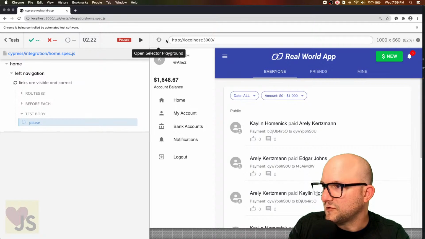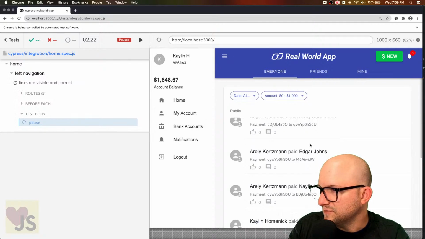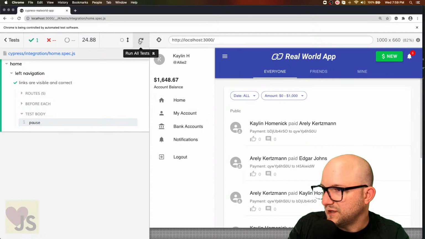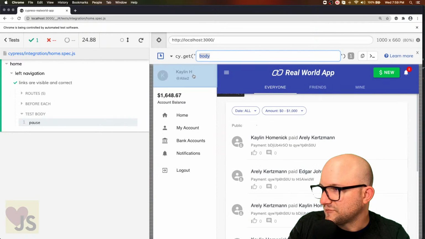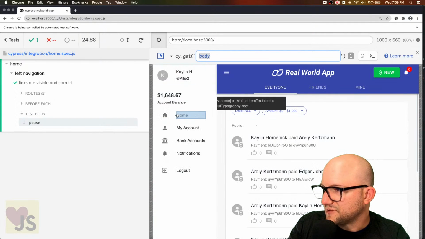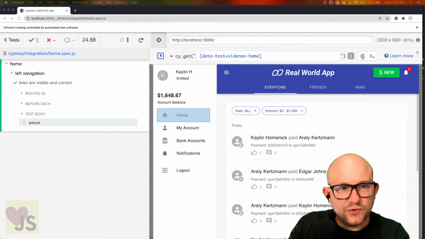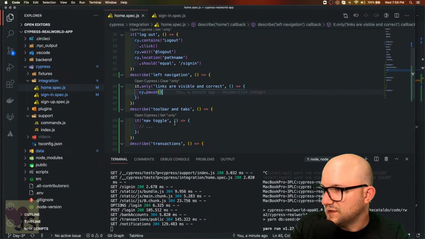So now we can look around and see where we're at and what kinds of things we can do. So the links here, actually, let's do this. Let me go ahead and resume that. But let's open up the selector playground, and this is really cool. What you can do is click on this and you have your cy.get right here. Click on copy to clipboard, and then you can go down here and go to this nav toggle,